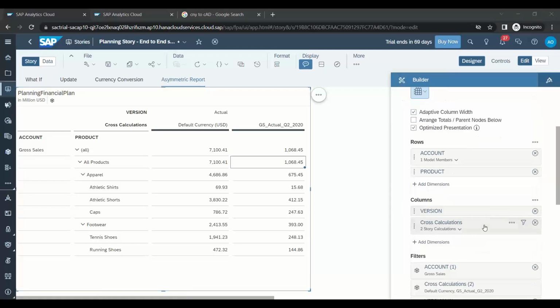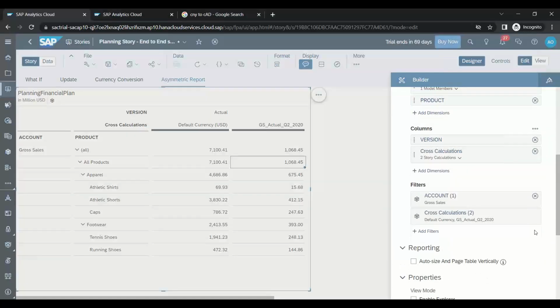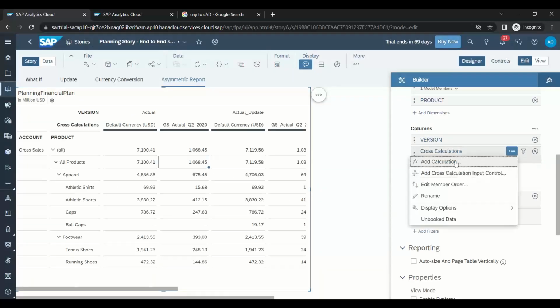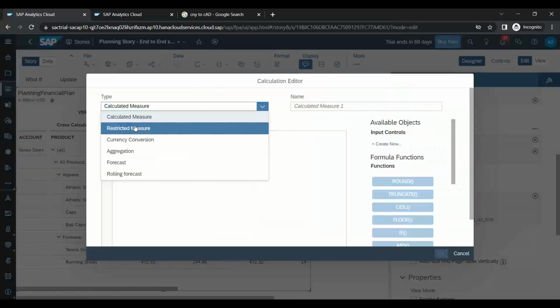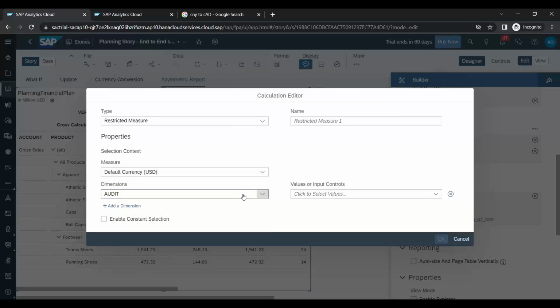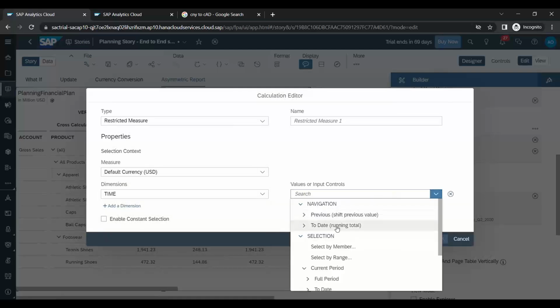So first important thing guys, if you want to do cross calculation which is between the versions, you have to delete this version dimension from the columns. Yes. Or you have to come down below and clear this version filter at least. So we clear the version filter and now we will add one more cross calculation. So let's go back and add one more cross calculation. And this time once again restricted measure on my default currency US dollar with the time as a member